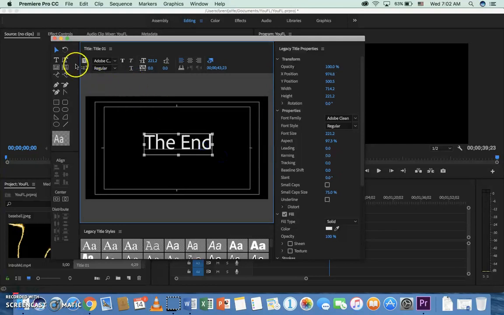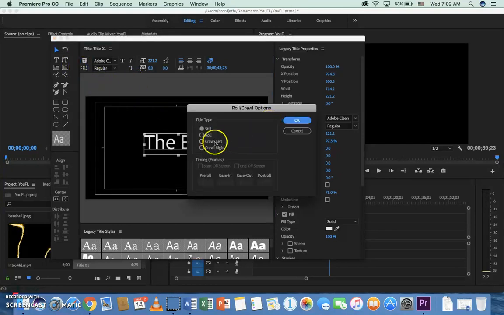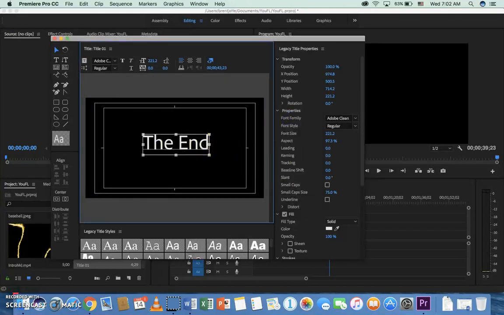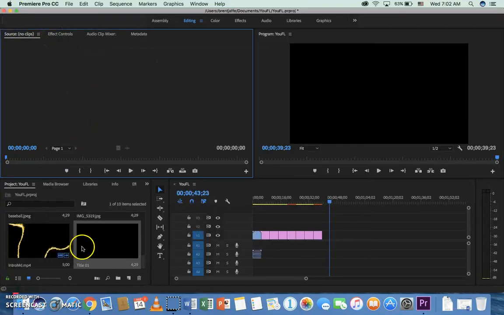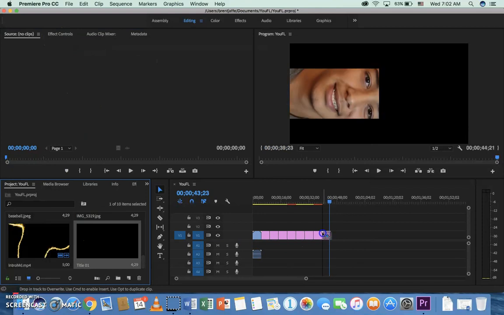If I wanted to roll, I would click roll, start off screen, end off screen, click OK. You can have it static as well, it doesn't have to roll, but if you want it, that's how you do it. Hit the red X, put that title at the very end,